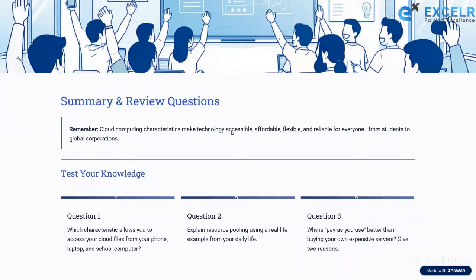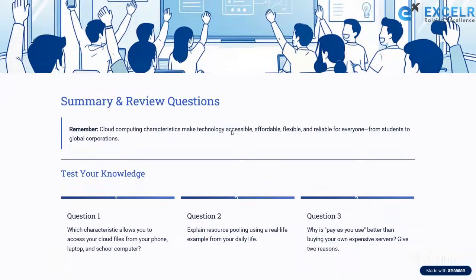Question number two, resource pooling. So Dipti ma'am is saying broad network access. See, on demand service is something that is useful to create. So those are given the on-demand access, ma'am. And sir, please listen. On-demand access means you can get access to create the resource. Okay. So broad network access is something where you can access the resource from anywhere, anytime.